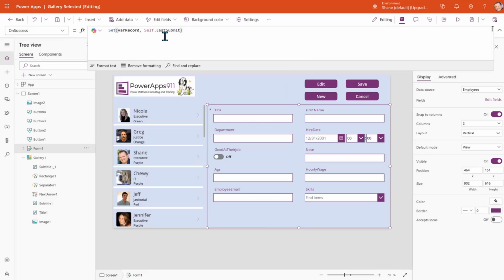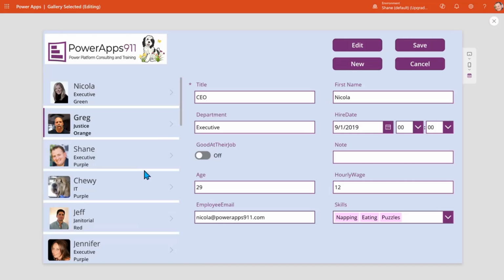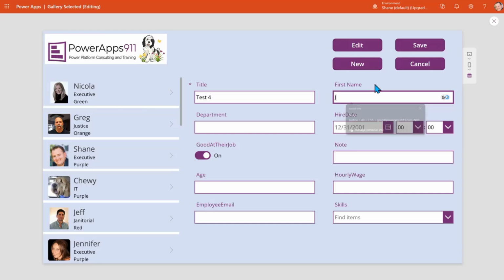Self.LastSubmit on a form is the last record that was saved, whether it was a new form that was being created, an edit form, any of those things. So the beauty of this now is if we go back over here, let's start with Nicola. We want to do a new record. So this is test 3 or 4, whatever number I just typed in. And it looks like Jason is the first name I see over in chat. So Jason is now famous. And so when we say save this time, boop,